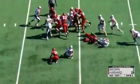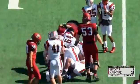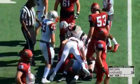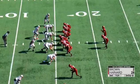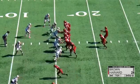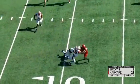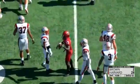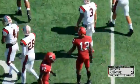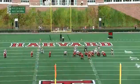Give to Shamplin. He's got the first down inside the 15, and it takes about 4 or 5 Brown Bears to finally bring him down. First and 10, third down here for the Crimson. Need to pick up about 12. Viviano left side for Scott, looking to bounce to the outside, but the Bears collapse on it. It was Terrell Smith, a physical senior from Newtown Square, Pennsylvania, in on the tackle, and